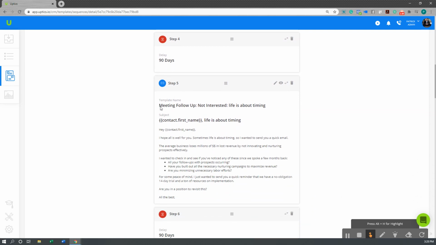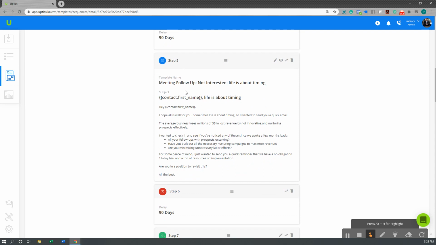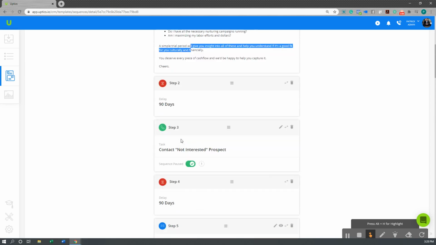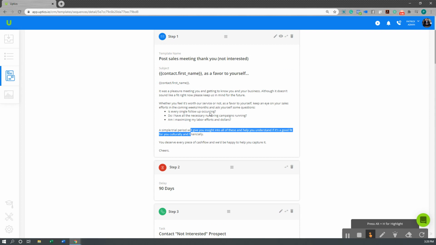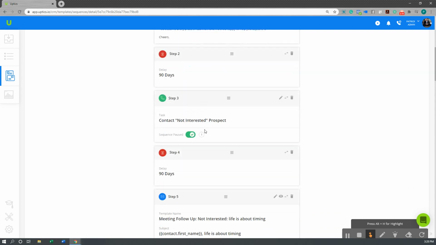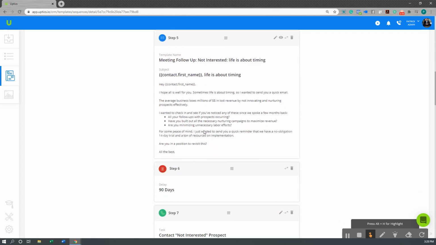We're going to send them an email. In this one, we're talking about how life's about timing. I want to touch base with you, and I want to give them some kind of facts, and then get them thinking again about what we asked them in the first email. We asked them if every single follow-up is occurring. Do I have all the necessary campaigns? Am I maximizing my labor efforts?